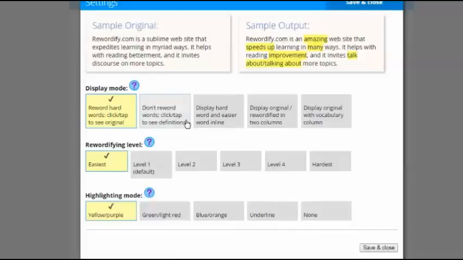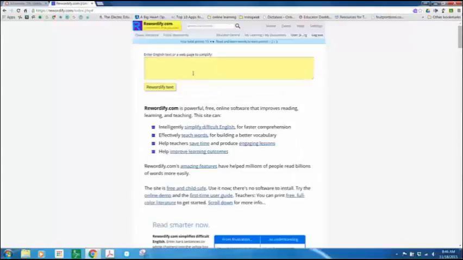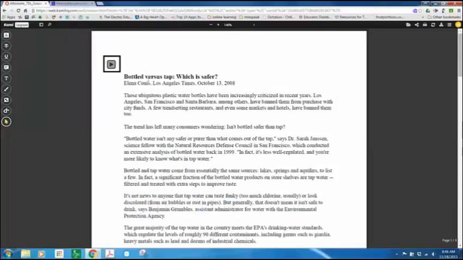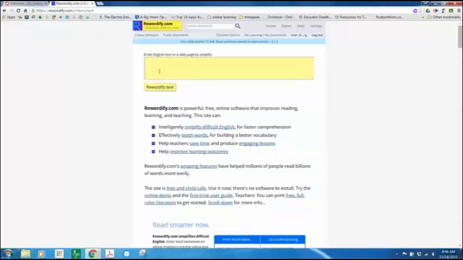The first thing that we're going to look at is going to reword the hard words, and then you'll be able to click or tap to see the original. And so watch what happens here when I save it. I'm going to take this text here, which is about bottled water, copy it, go back, paste it in,